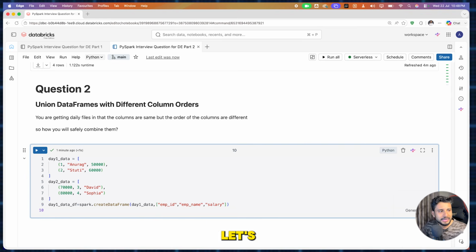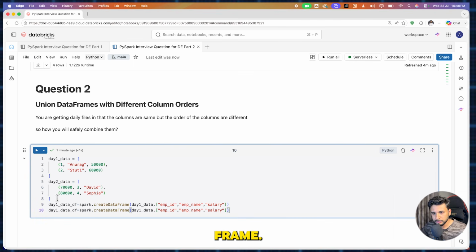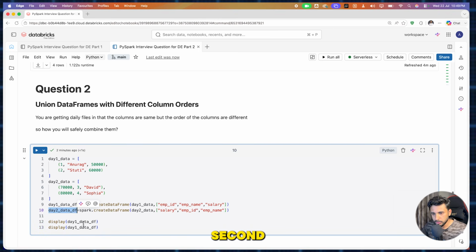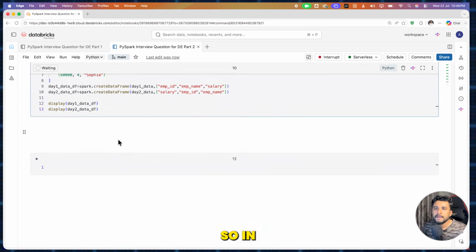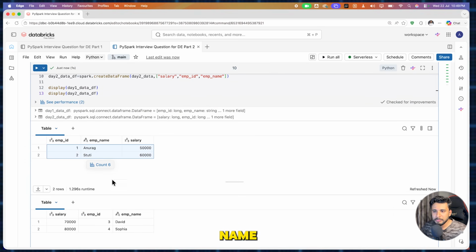Similarly, let's create another data frame, the second one, daily day 2, and the order is different. First is salary, then employee ID, then employee name. This is what it looks like. I'll do a display of the first, and copy paste for the second also. Just run it. In one command only I have written everything. So this is how it looks: employee ID is there, emp name is there. So if I want to do a union,